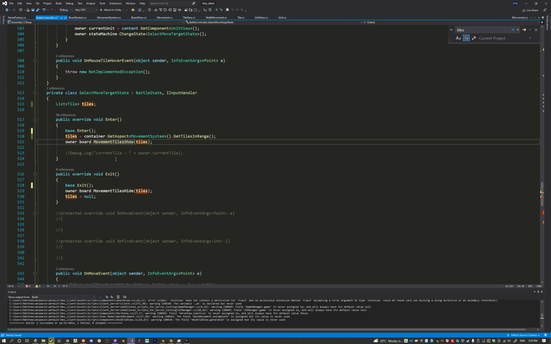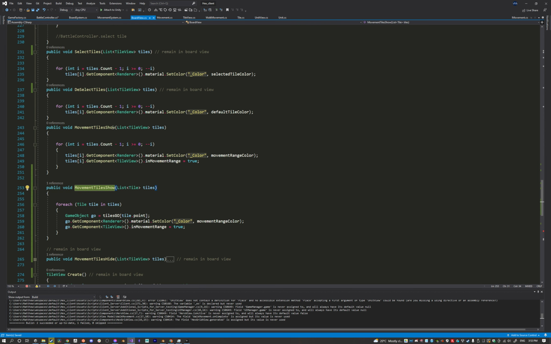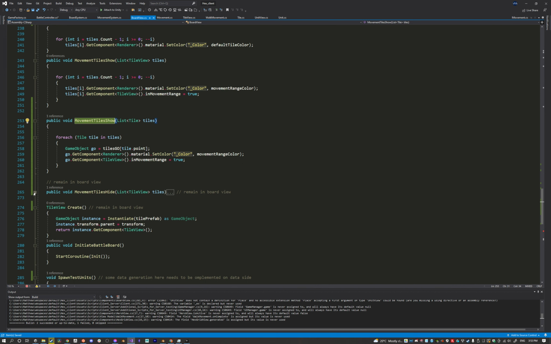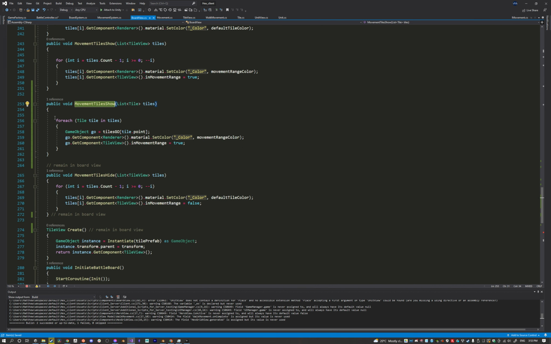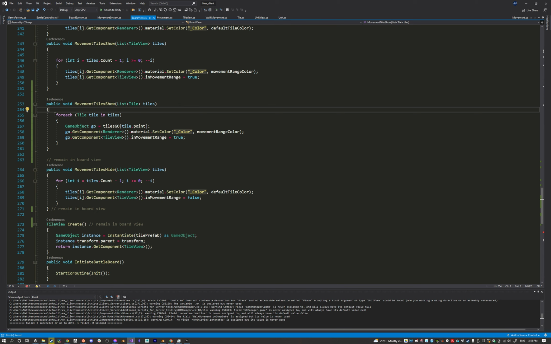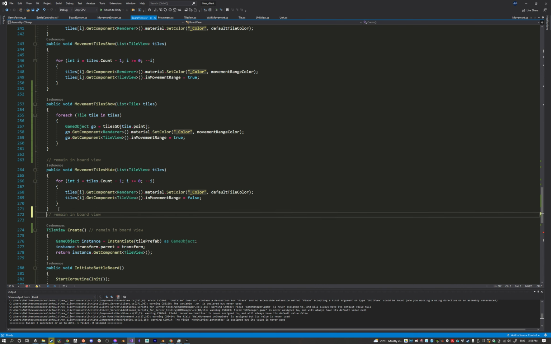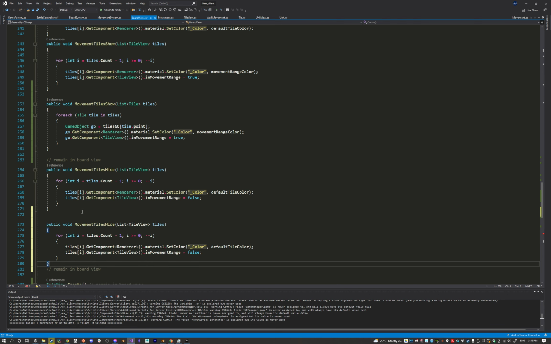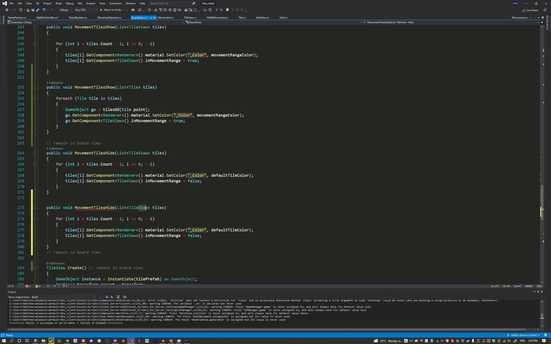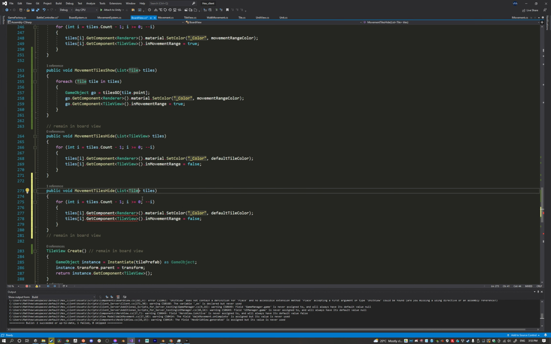So I'm going to go back into move tiles show, and we'll just do the same thing for the hides. I'll do the same thing. Like I'll copy it and just do an override. It's going to be a tiles, and then I'm just going to do